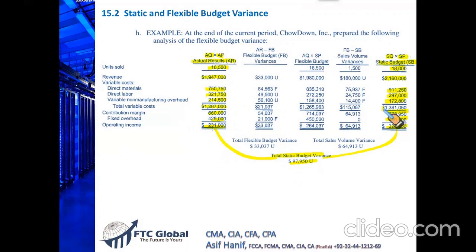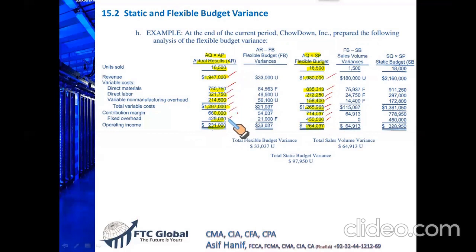Then I will take a smart approach. I will draw up a new budget called the flexible budget, in which I draw a new budget for 16,500 units. This should be the sales, variable cost, labor, material, and all these. Now this is the result as per 16,500 units, and this is my actual result. This is a much more useful comparison: if I produce and sell 16,500, I should have these numbers for revenue and different types of cost, and I have these actual numbers and costs.